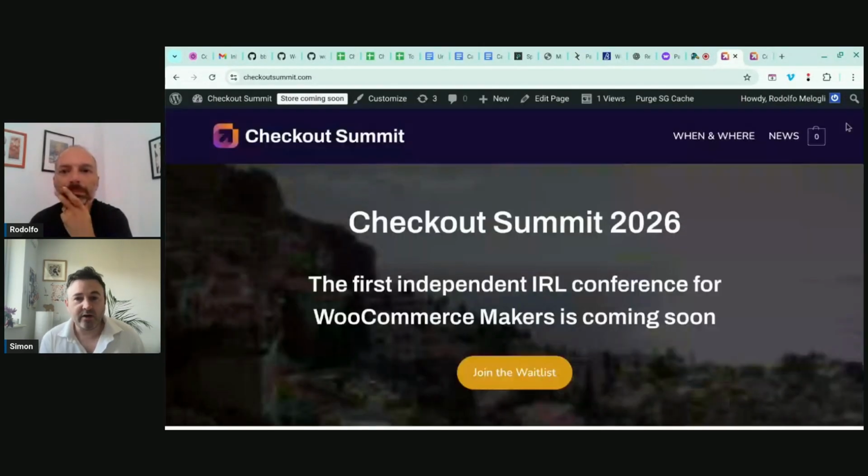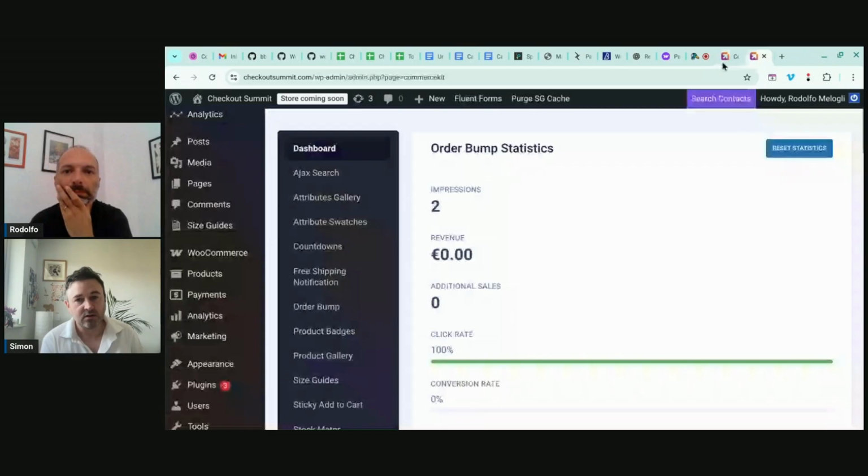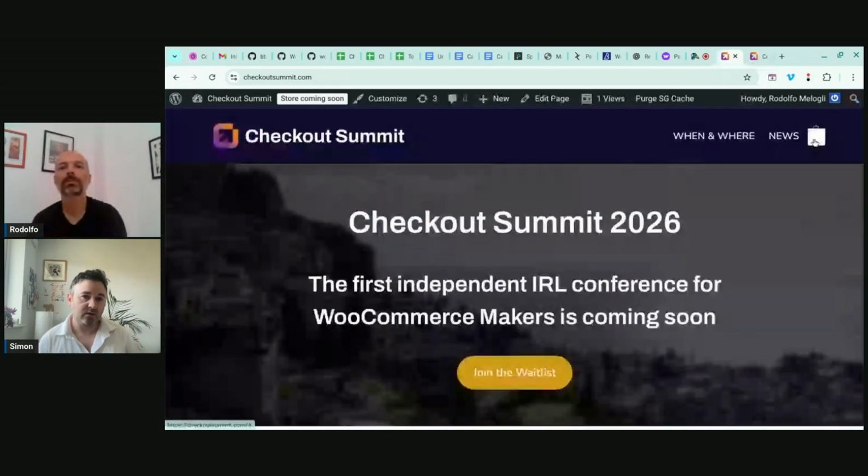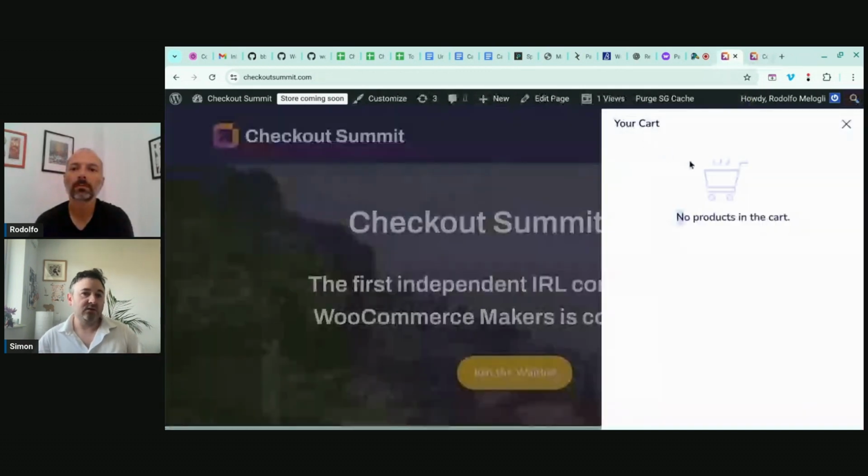Excellent. Another area that I think people maybe neglect is the empty mini cart. So WooCommerce's empty mini cart doesn't do a great job in directing customers towards a particular destination. It just says your cart is empty. What I think is more effective is actually saying, okay, the cart is empty, but why not go try this category, this product, this deal that we have, give them something to navigate towards and use that space in a